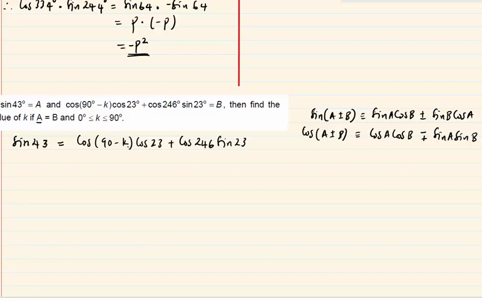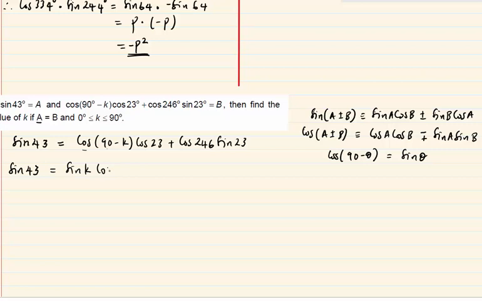Now, you know this is a complementary angle, 90 minus k. You know again that the cosine of 90 minus theta is going to be equal to the sine of theta. They're complementary angles. So if I were to proceed, the sine of 43 is going to be equal to, that's just sine k,